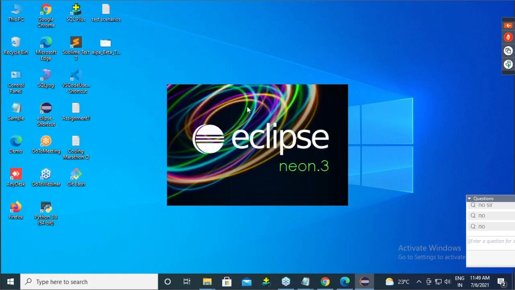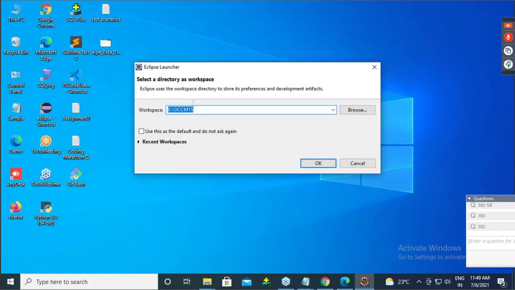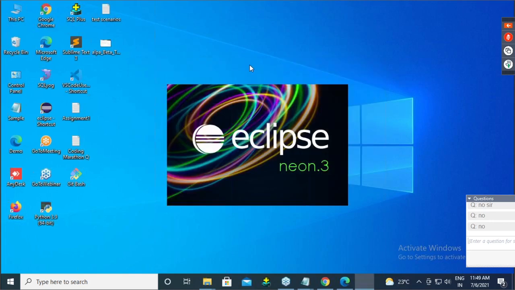So open your Eclipse, observe this. Now guys, we can have any new Eclipse. In this machine guys, some older version of Eclipse is there, no problem.